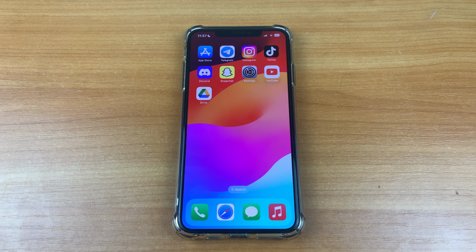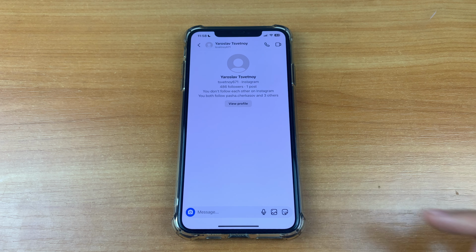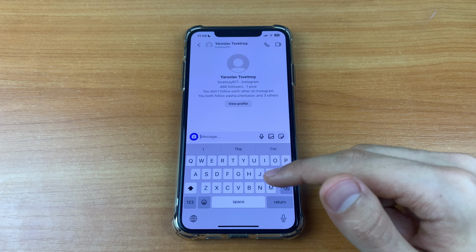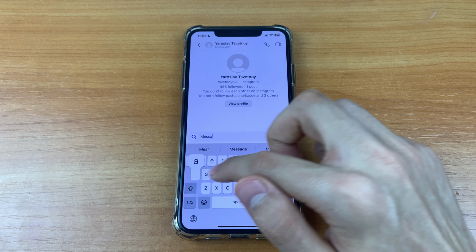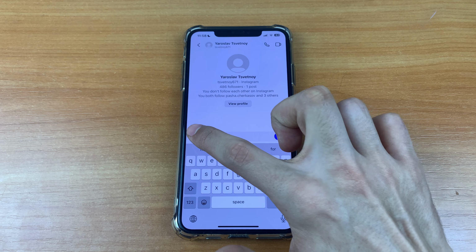Let's get started. First, we need to go to Instagram. After that, we need to go to direct and to our correspondence, and here you can click and enter any message, for example. After that, you need to click on this button,